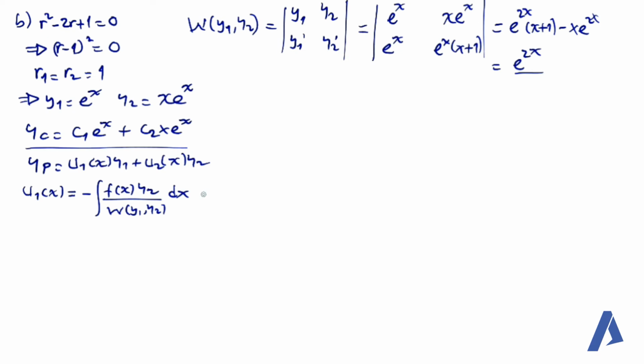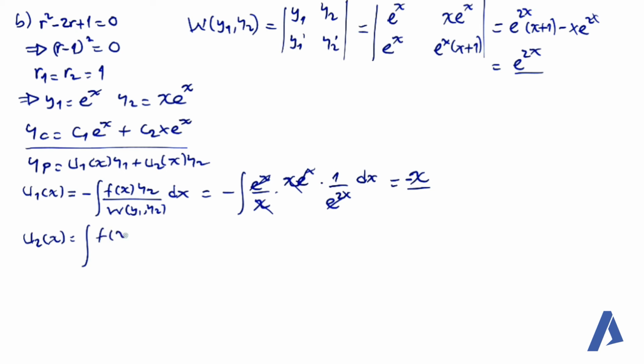ስለዚህ ይህንን substitute ስናደርገው እዚህ ውስጥ becomes minus times the integral of e to the power of x over x multiplied by x times e to the power of x divided by e to the power of 2x. ስለዚህ ይህንን simplify ስናደርግ ሁለቱ በዚህ ካንስል ያደርጋል፣ x በx ካንስል ያደርጋል። ፋይናሊ ይችኛው ፓርት minus x ትመጣለች። similarly u2 of x ደግሞ